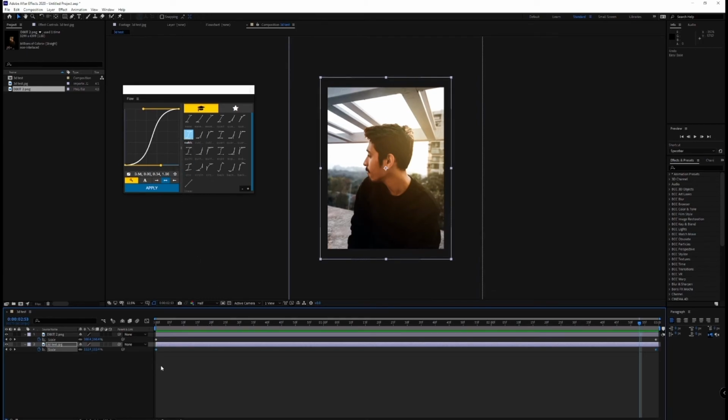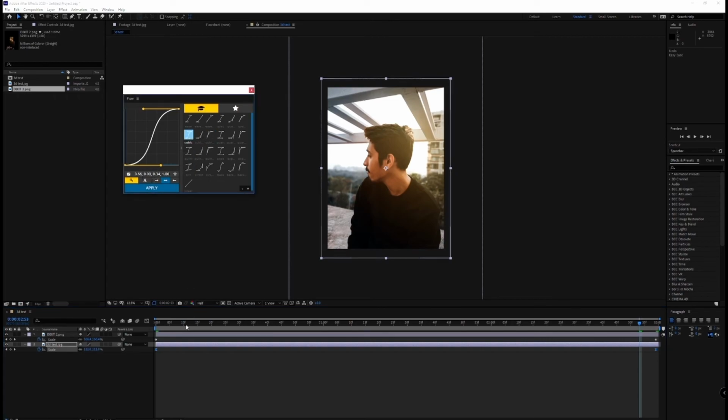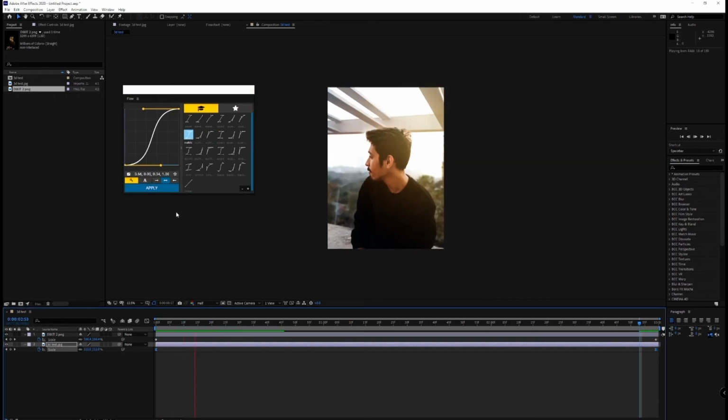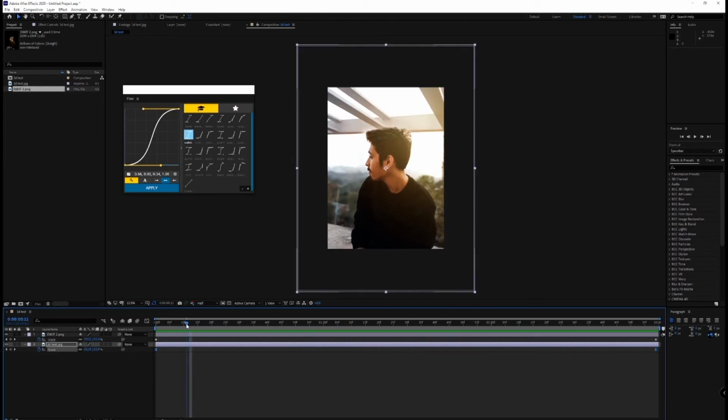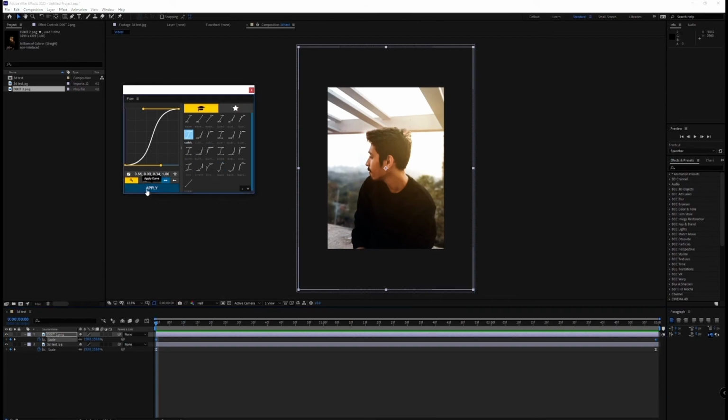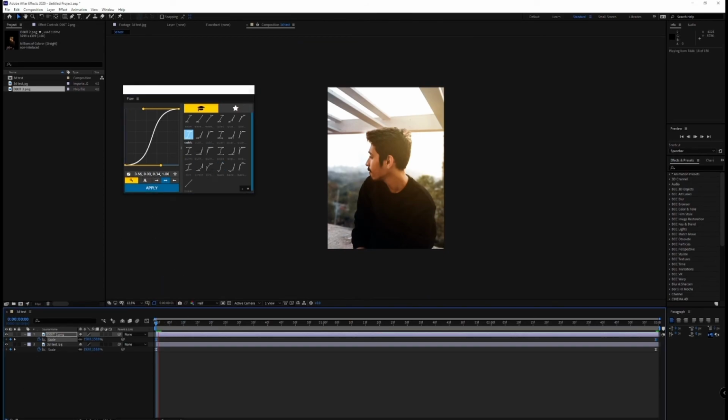What this plugin does is the same thing, which will give you all these types of presets which you can apply. And have a look at this. This is giving you that smooth, intense zoom. So basically this smooths out your keyframes, whatever transition or whatever movement you give to it. So I'm going to apply it in these two layers, and there you go.